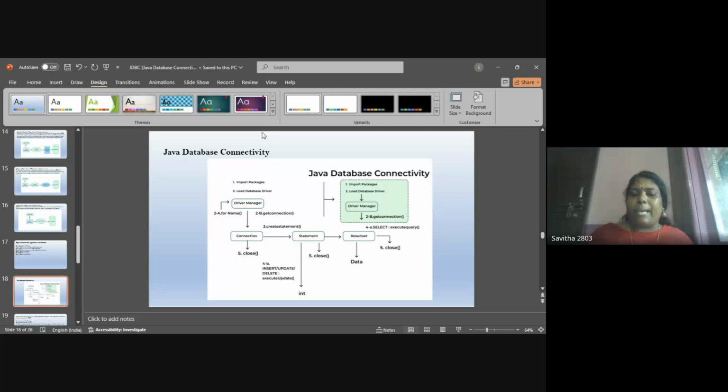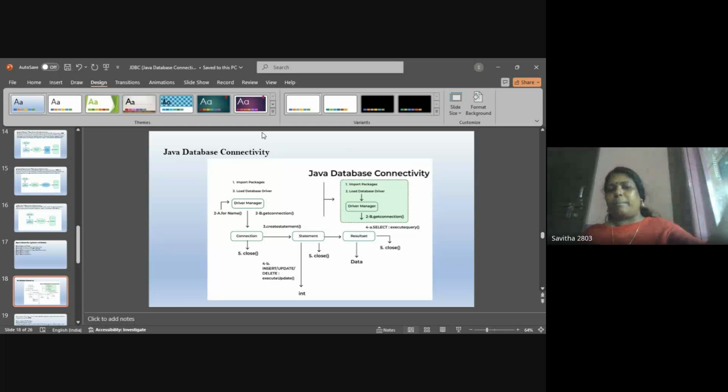When data needs to be selected from the database, after the statement we get a result set, the data taken from the database and printed inside the Java program, and after that we can close the connection. So the first part is used to update anything into the databases. The second part is used to bring content from the database to the Java program.